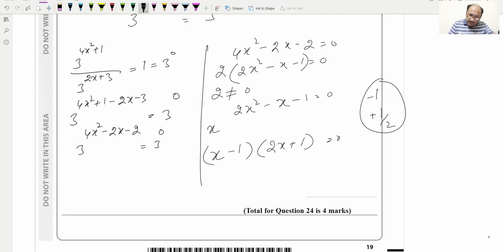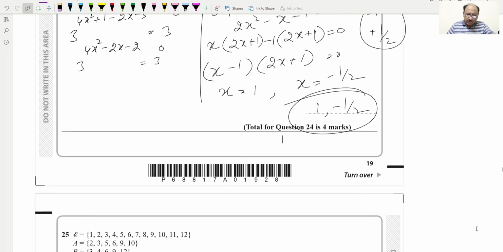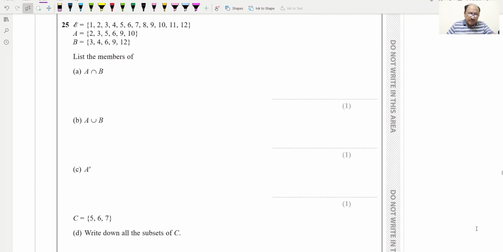And as an intermediate step, we can write this x, and then this whole thing 2x plus 1, and then minus 1 this one, and then this term again 2x plus 1 equal to 0. Now we can write x is equal to 1 and x is equal to minus 1 by 2. These will be the two values which we have found. Hopefully you understood this. Now we can move to question number 25, and this is a universal set,